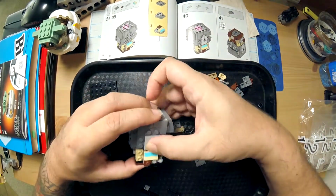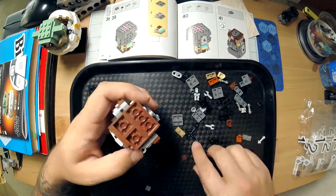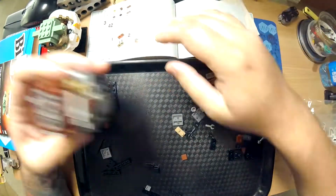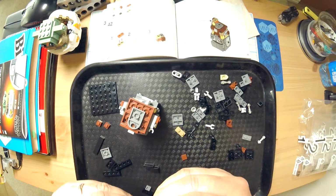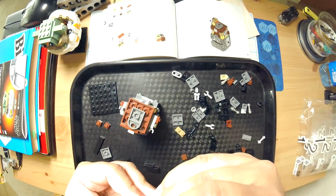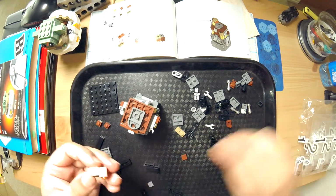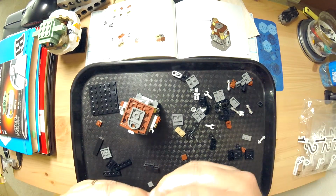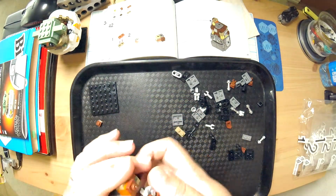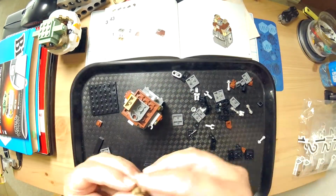This doesn't release until August 1st, so if you're looking to go out and buy it, you won't be able to get it in hand until August 1st. You can pre-order it from Lego, which is what I did a couple months ago, and it arrived early. So I figured I'd get in on the SEO and try to get in there first and do a video about it. But I was kind of excited about these, especially since BrickHeadz aren't really being made